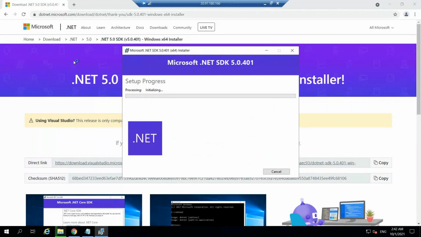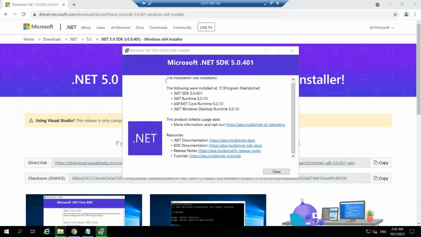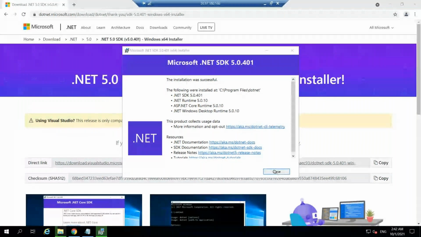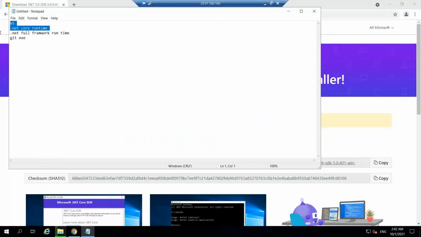And I'll say install. Now I am installing a .NET SDK 5.0 version, guys. This is important if you want to build a project like a .NET Core. So the installation was successful and it just happened in a minute. So what all software we installed right now is .NET Core Runtime, which is 5.0, Visual Studio 2019, server, that's done. Full framework was already done when I installed Visual Studio, and I'll go ahead and install